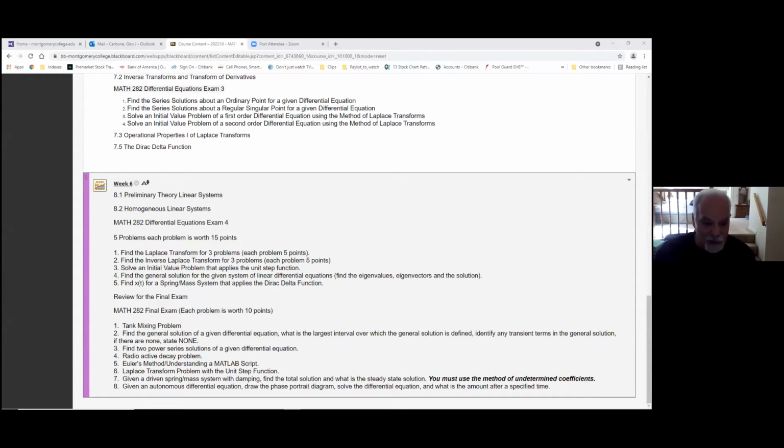Okay, so on the final, there's a tank mixing problem, and I'll even tell you it's a problem where the rate in is equal to the rate out. So that makes it simpler. Remember, you had a problem on one of the exams where the rate in was different than the rate out. And it turns out that you have to solve that differential equation using an integrating factor, okay? So when the rate in is equal to the rate out, you could just solve it by